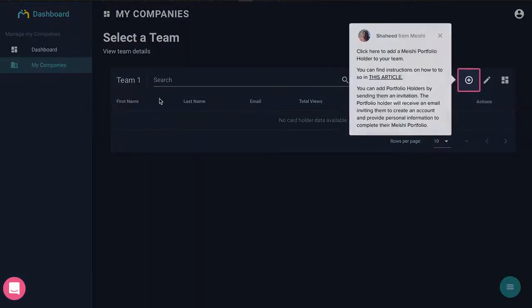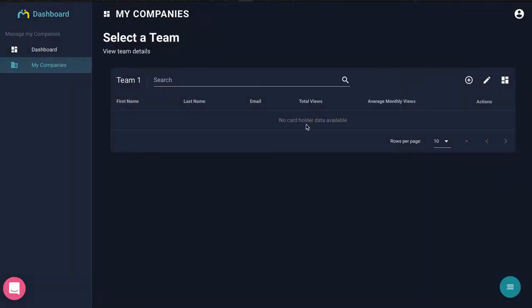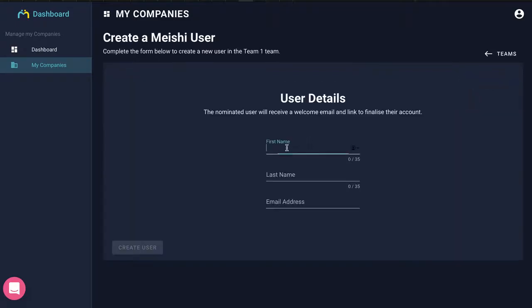Okay, so now we've created the team, and now we need to allocate a person. So now we've created the template. Now we want to populate the template with someone. So now we're actually going to make the Meishi portfolio card. So you click on the plus. I'm going to put myself in because I'm making my own Meishi card. Bruce Koenig. Okay, email address. I'm going to use